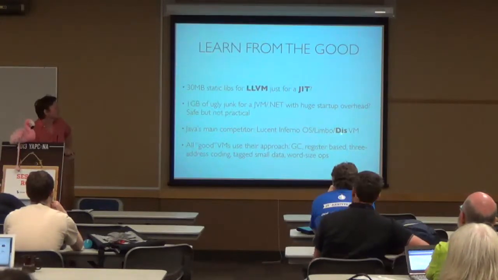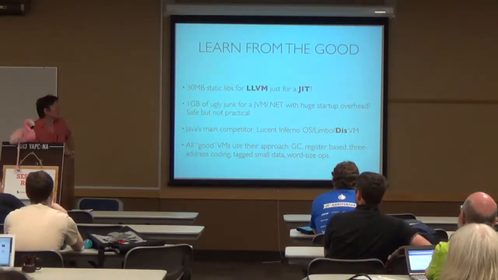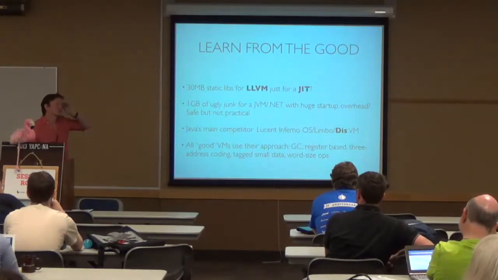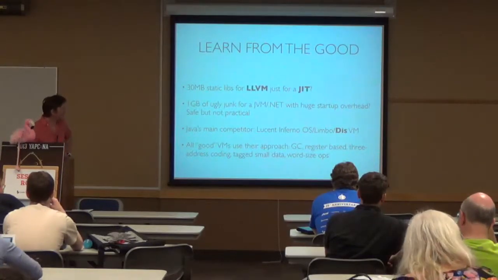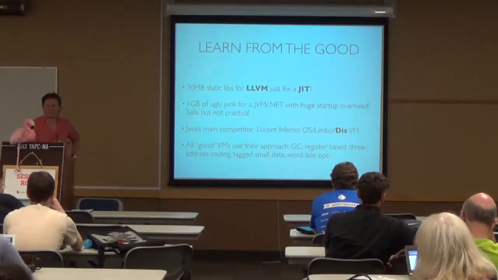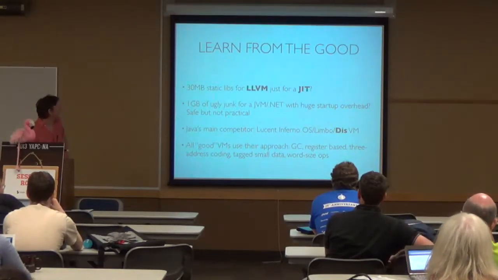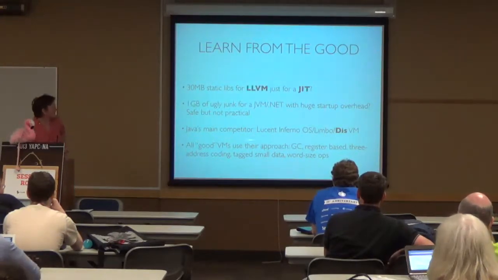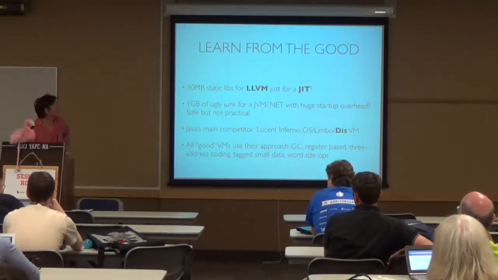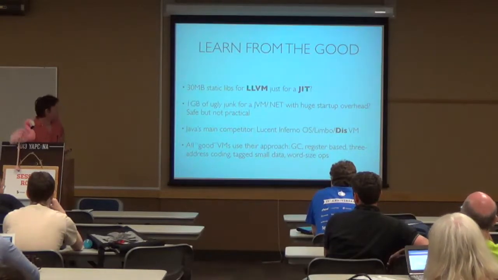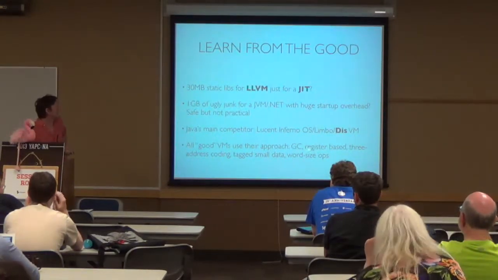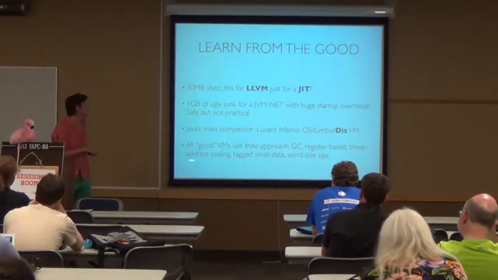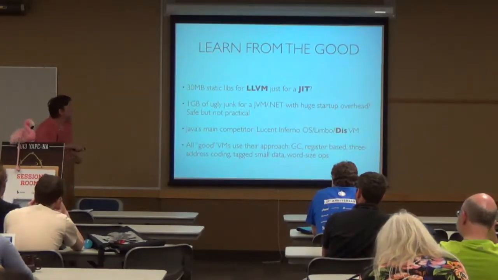So the disk VM is basically kind of Parrot, a register-based VM with a very efficient design. More efficient than Java, but it didn't win. So you see, worse is better. But in little languages they use it. Lua uses this design, which is basically GC. Java uses a GC. Register-based 3-address coding. GCC uses 3-address coding, SSA they call it.